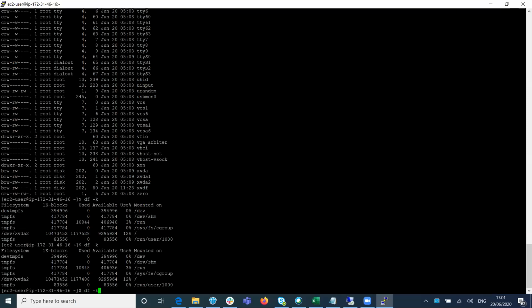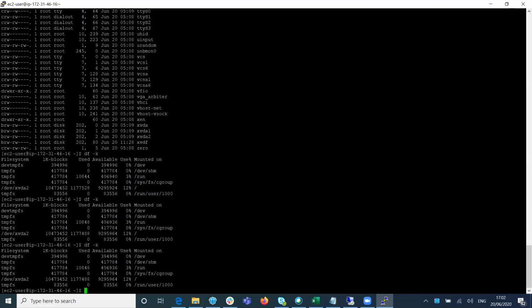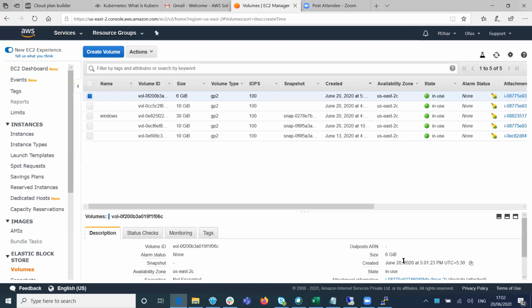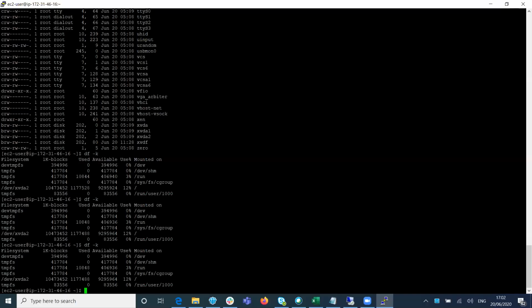Hello, Prasanjit. Yeah. Okay. You're able to list it? So I've added another 6 GB. Yes. Okay. But the mount point name, you'll have to note down actually. Otherwise, you'll not be able to figure it out here. Right? The one which is listed there, no? During the Linux file system conversion, it says it will be visible as this mount point. Okay.